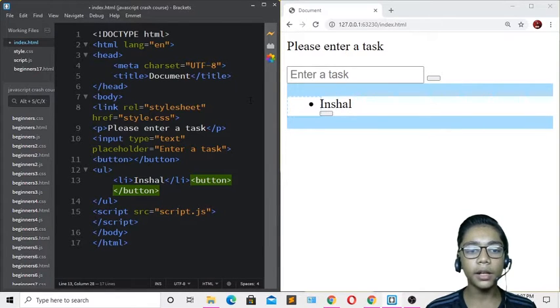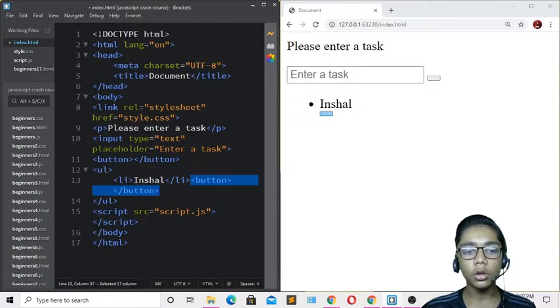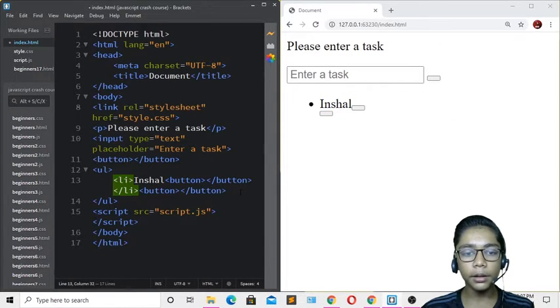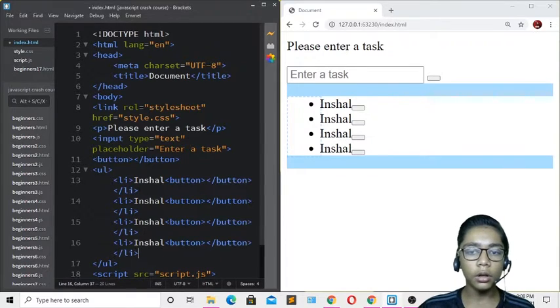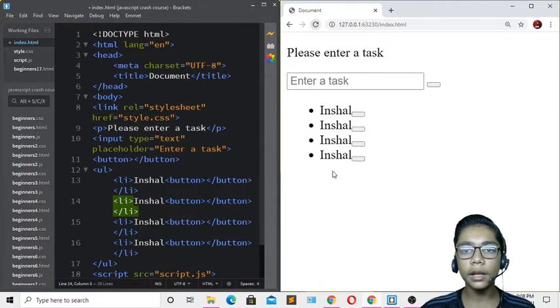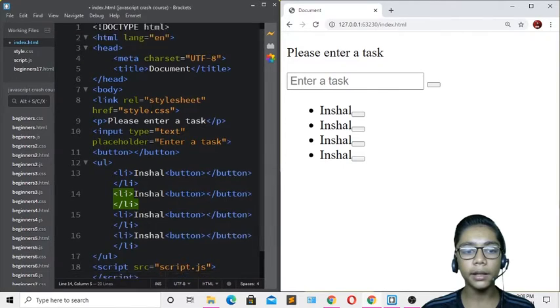And now this button tag has been written. So I'll be copying this button tag from here and pasting that in my list, and over here it is coming in my list. So I'll be erasing that from here because now I don't need it over here. I'll be copying that and pasting that over here like that. So now over here when you've done that, I'll be hitting refresh. So over here it is coming like that, you can see that.